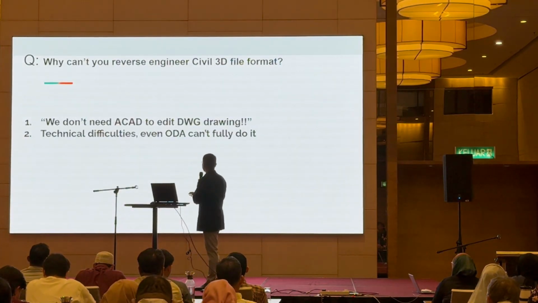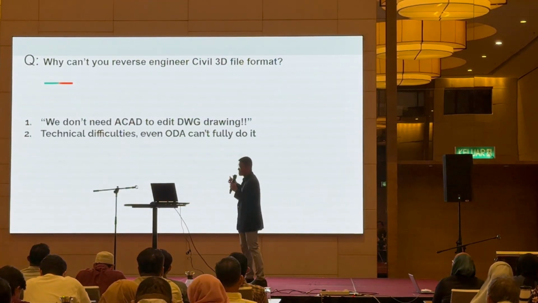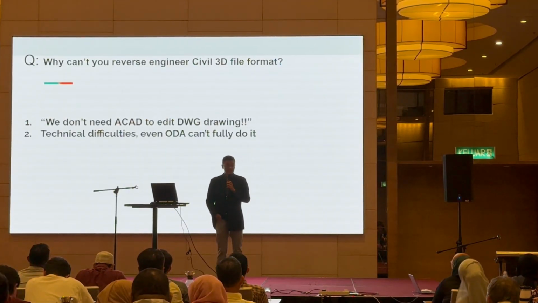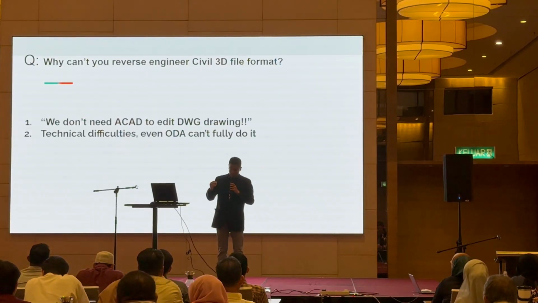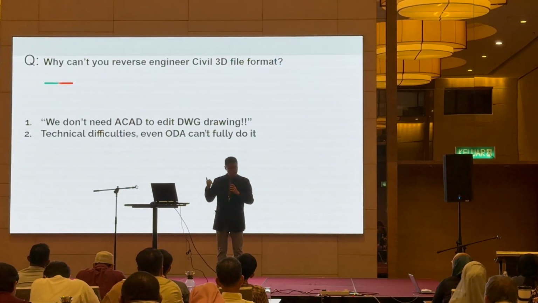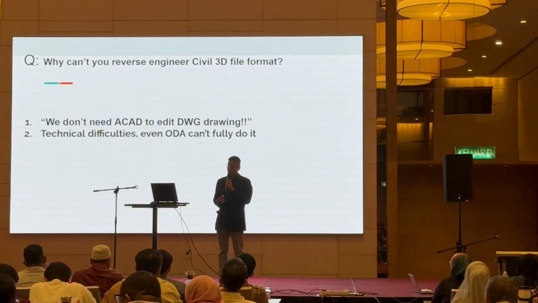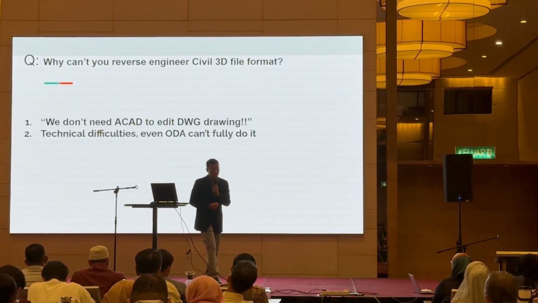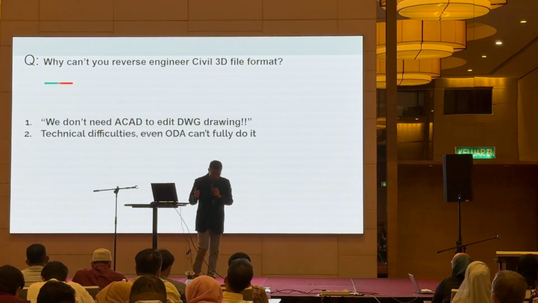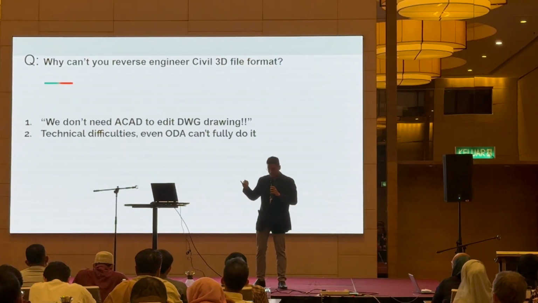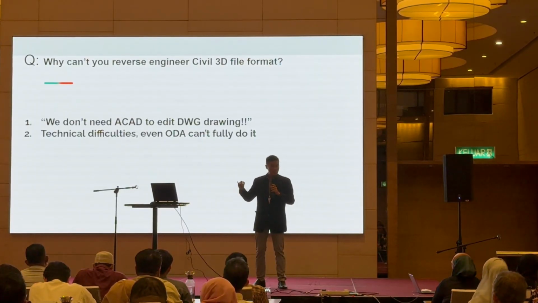Okay? Right? Another question that you might ask is why you can't just reverse engineer the file format. Interestingly, you can actually use BricsCAD and other CADs to open an AutoCAD drawing, right? But you cannot do the same for a Civil 3D drawing, right? There will be some missing features or missing entities, right? This is because the undertaking of reverse engineering AutoCAD software is done by a consortium called ODA, Open Design Alliance,